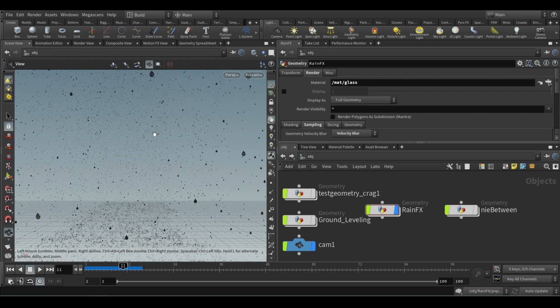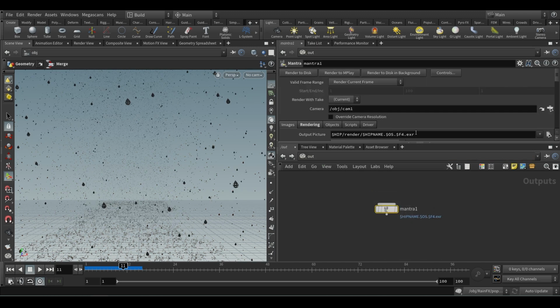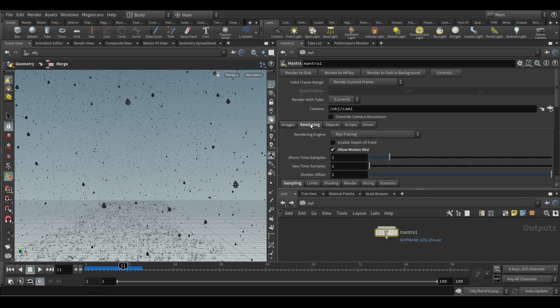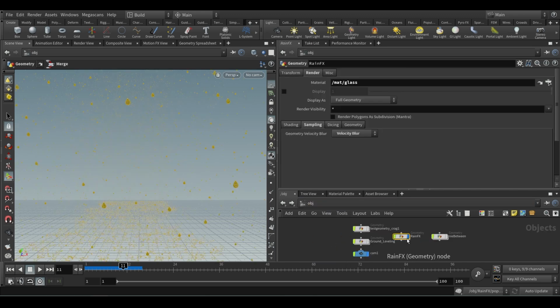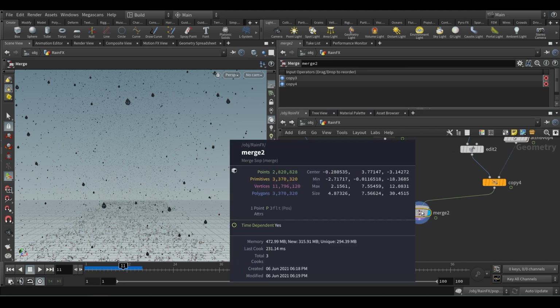You see it is all glass, and then output mantra, and in the mantra all we need is motion blur, right? So I put the motion blur on because it is falling, so motion blur will look good. Just like in the snow, we'll do that. But you can see here motion blur needs velocity, right? So if you middle mouse click it, there is no velocity coming.